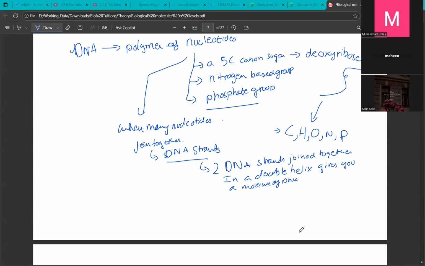So basically, what does double stranded mean? You have, let's say, one DNA strand which is drawn like this. Let me draw it neatly. You have one which is drawn like this, and alongside it you have another DNA strand which is drawn like this. Okay? So this